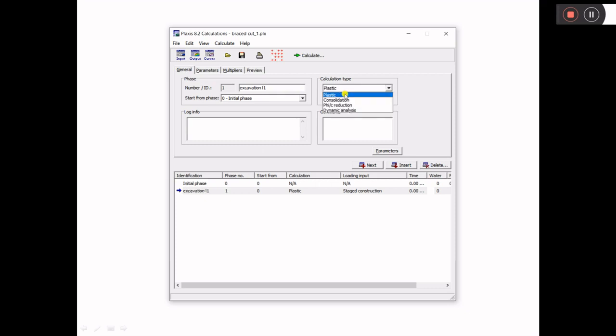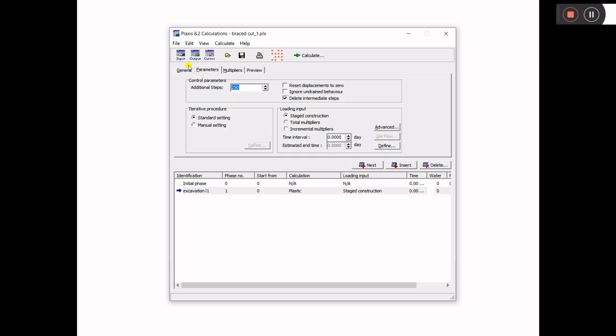It depends on the problem basically, how you want to do it. So it totally depends on you. I'll take plastic stage, that will be fine. So I'll take it as a plastic stage analysis, and excavation 1 is defined.